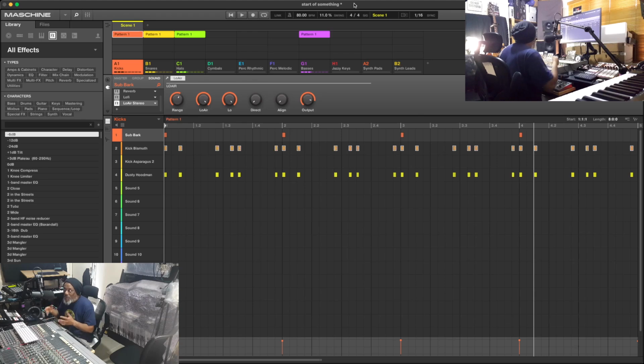Because it can be used as a plugin, it's really intended, I think. I don't know, I don't work for NI, but I think it's more intended to be a groove box which uses the power of the computer to provide the sounds and the calculations and stuff, but uses its own hardware.